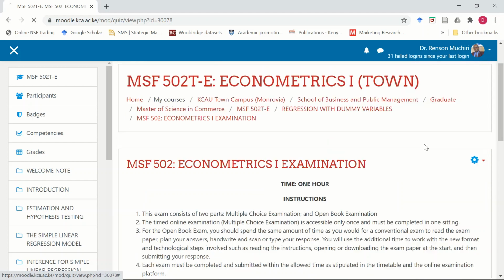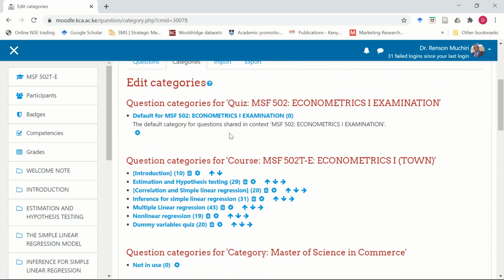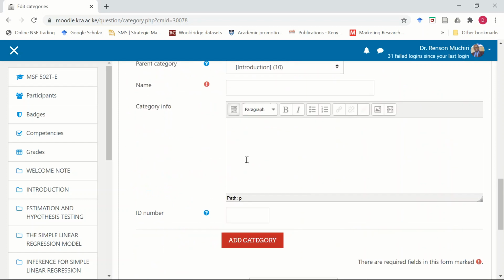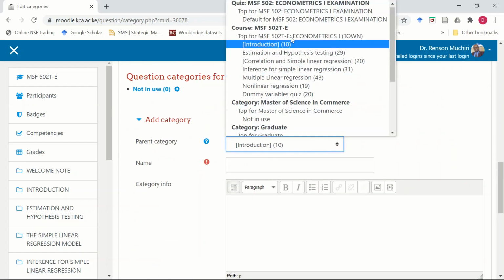You go to the categories, and then you create a category. You see here there are so many categories. Be careful. I want to restrict myself to the category for the econometrics exam. So I can create a category here, and I will select the exam,